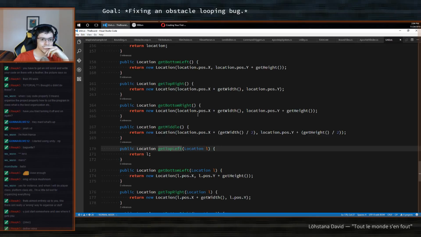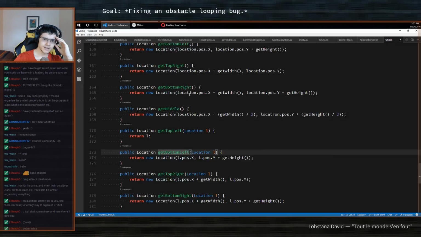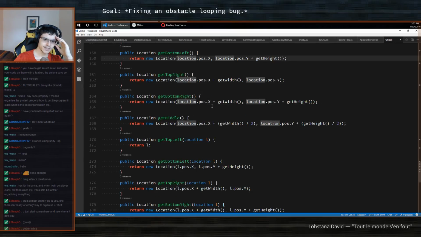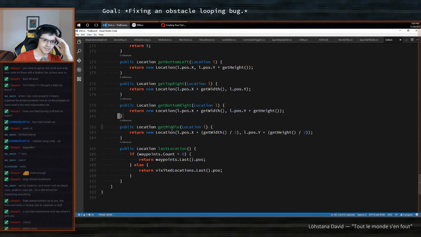Oh, that's really cool actually. So I made functions for if I was here, where would be my top left? If I was here, where would be my bottom left? So instead of using the same way as the other one, the location, for those things I'm using this location. It's kind of interesting idea. Then get last location.